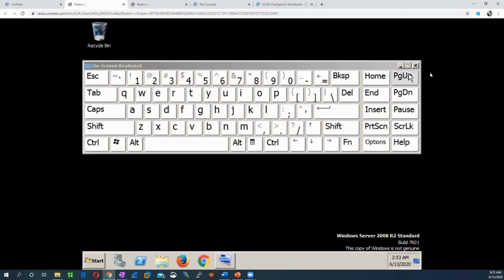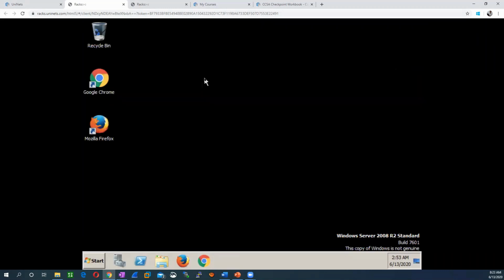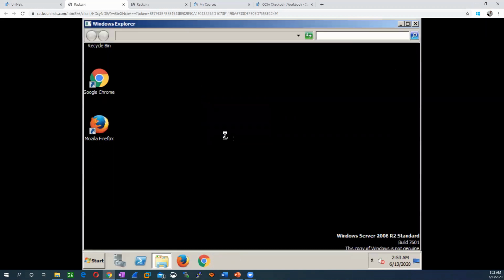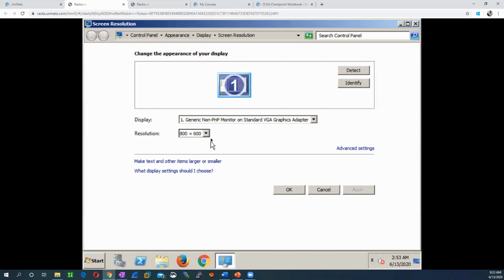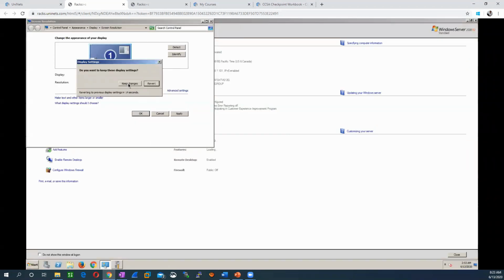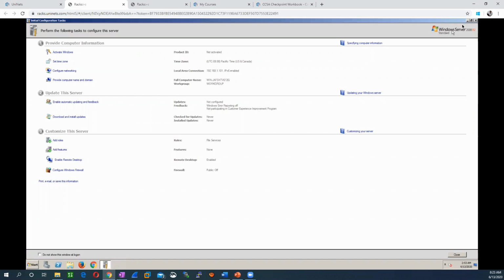Okay, let me change the resolution of this machine so that you would be able to see it in a proper way. Okay, so this is the server.